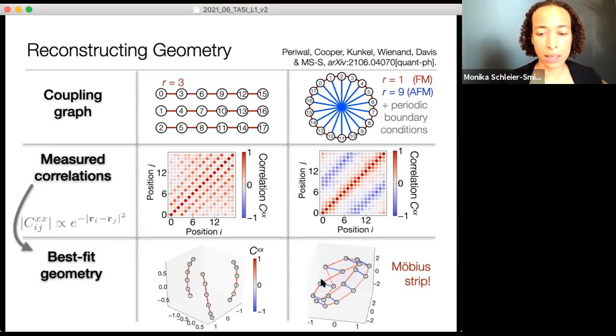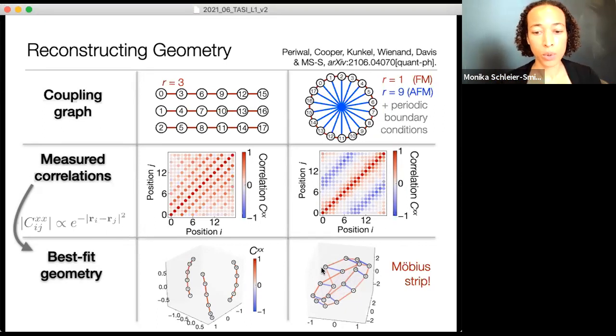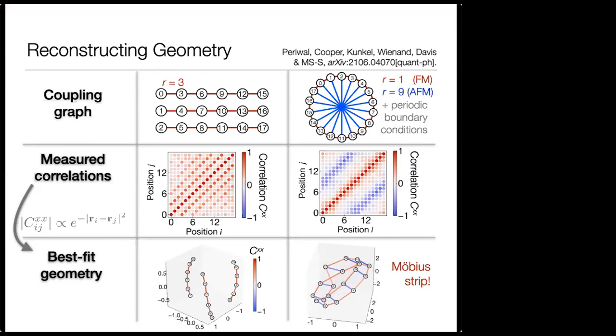The fact that it has this twist is related to the number of sites that we've chosen. As you go once around the ring, you go once around the edge of the strip. You can make a different graph, like some of the ones I showed on the next slide, where it's a cylinder and it doesn't have the twist. Does that answer the question? Yeah, it does. Okay, great.